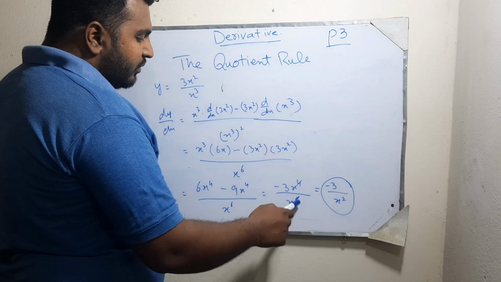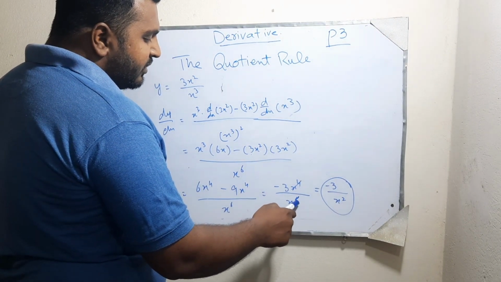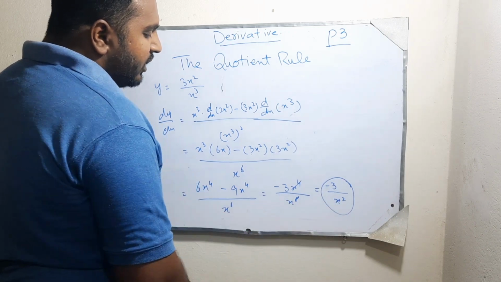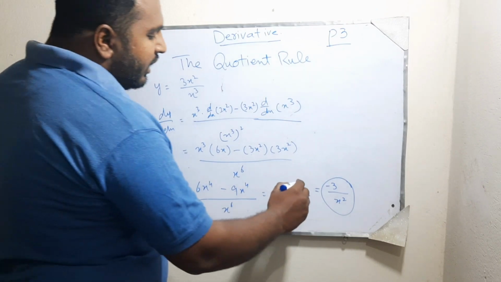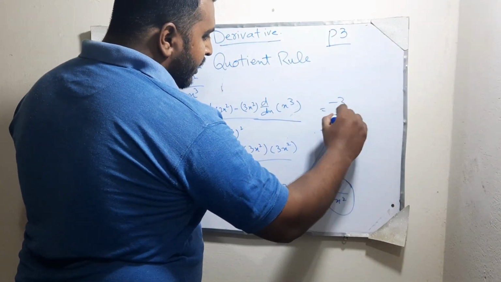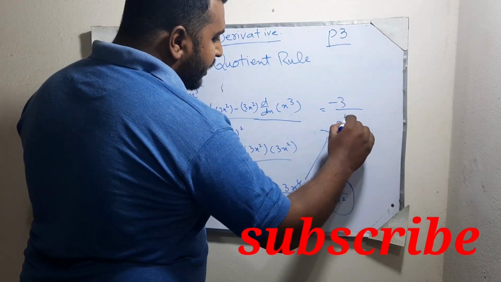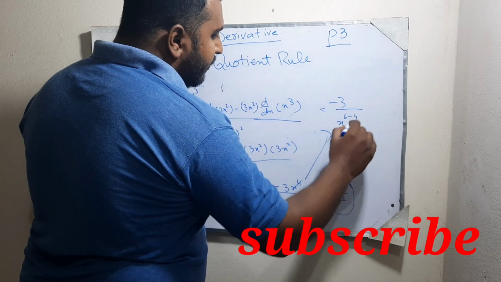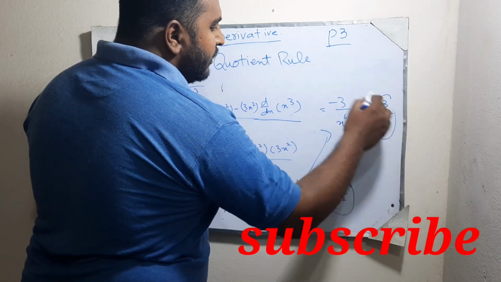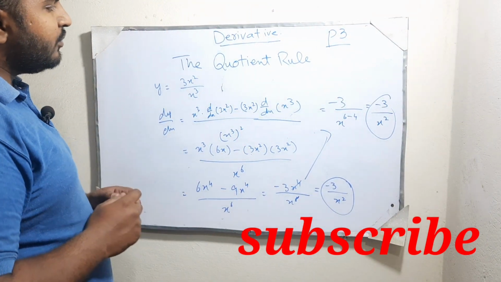Here powers will cancel with each other, here x power 4, here was x power 6, then it will cancel, and minus 3 over x square will remain as the answer. This process can be done like that: x power 6, this 4 will go down, and this will be subtracted from here, and this would come out to be like this. Okay. This was our summary of the derivatives.